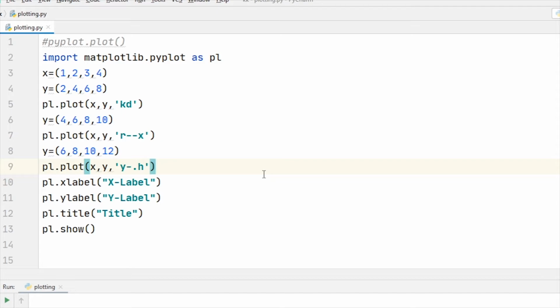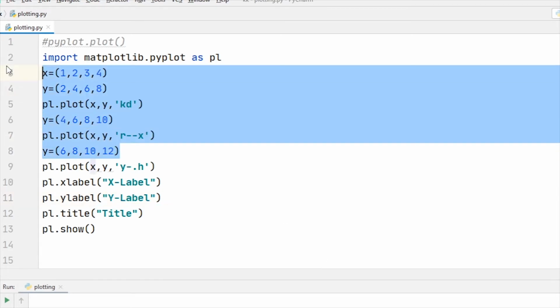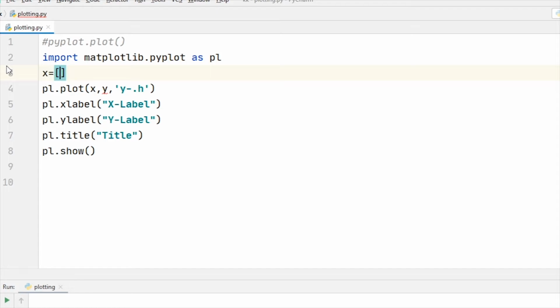So here I am showing you how to create a bar chart. Suppose I want to compare the marks of 5 students through a bar chart. So for that, first I create a list of student names. Suppose student names are A, B, C, D and E. Okay.